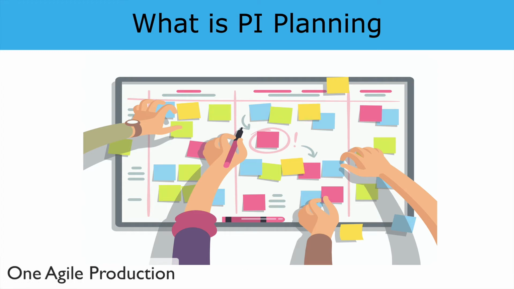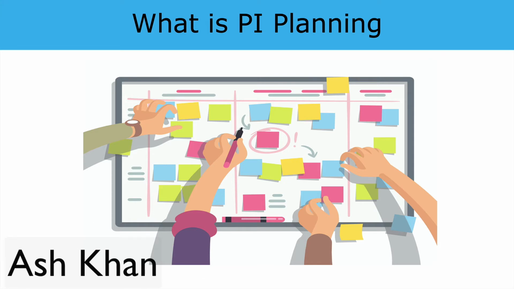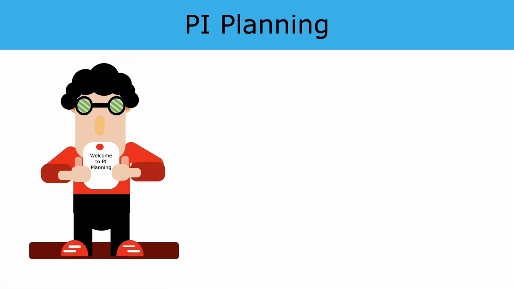My name is Ash Khan and in this video we are going to discuss what is PI planning. PI planning, also known as a Program Increment, is the heartbeat of the SAFe Agile Framework. It is the backbone as it provides the structure to connect and manage teams who are all working on the